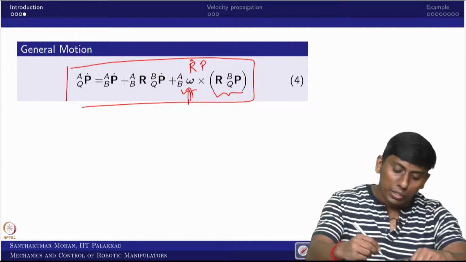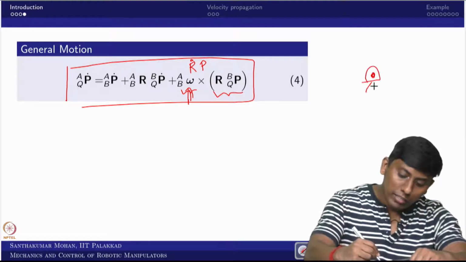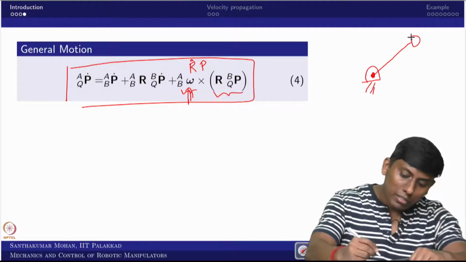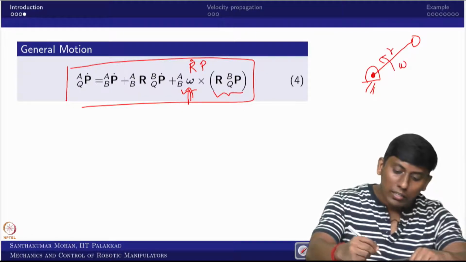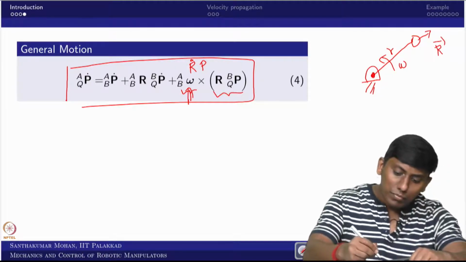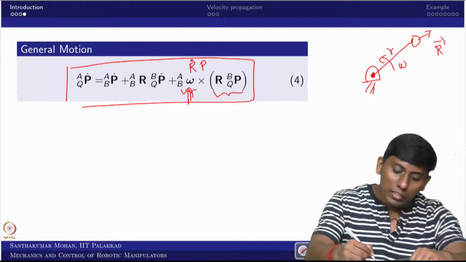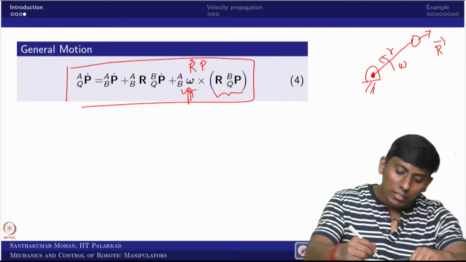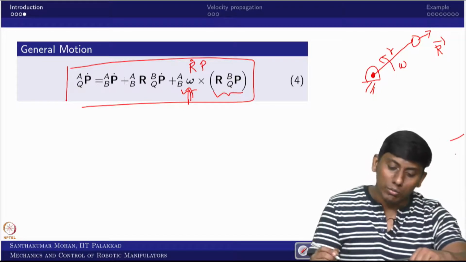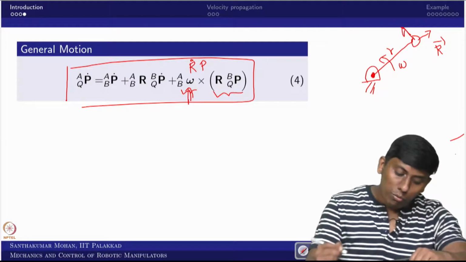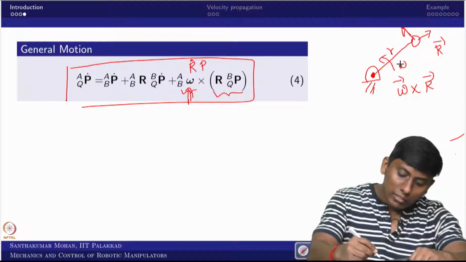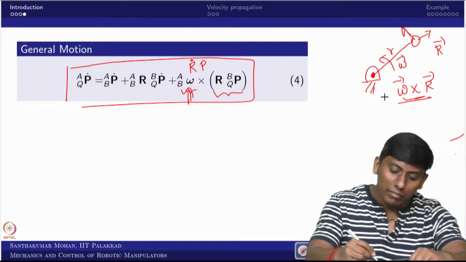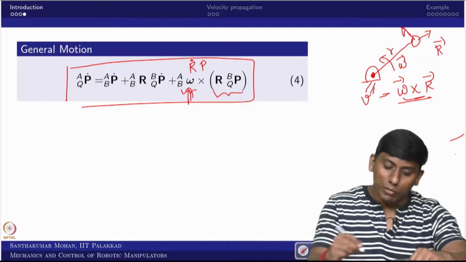In fact if you recall your general dynamics, for example this is rotating with omega and this is the r, so your position vector goes like this, which is the r vector, and this omega is with respect to the z axis. Now this cross product will give the tangential velocity, which is what you call linear velocity, that would be omega cross r vector, right. So that is what we have seen, which is nothing but v, if it is pure rotating.